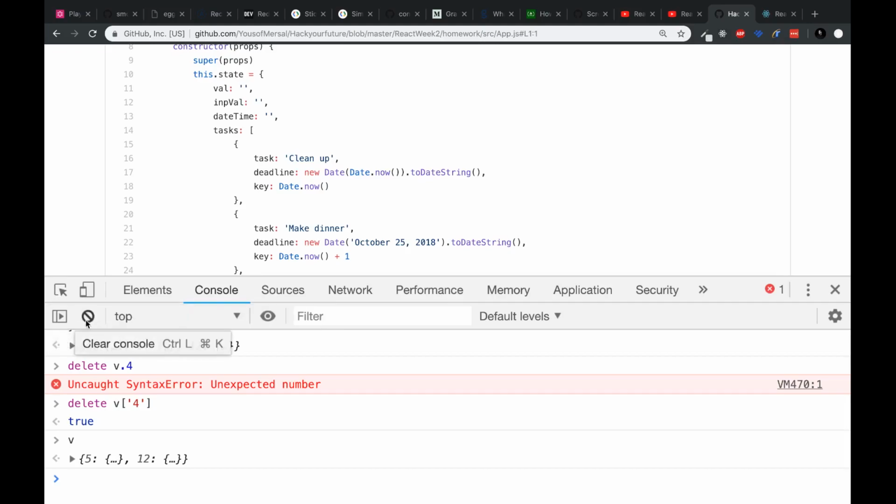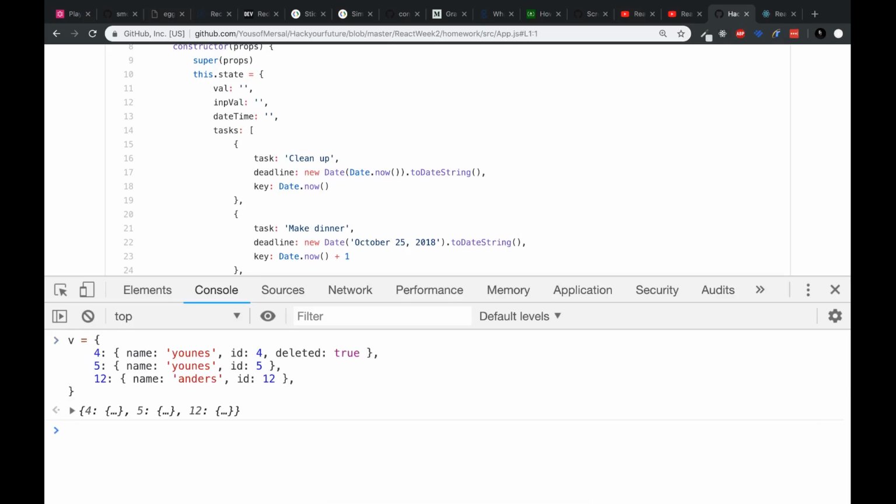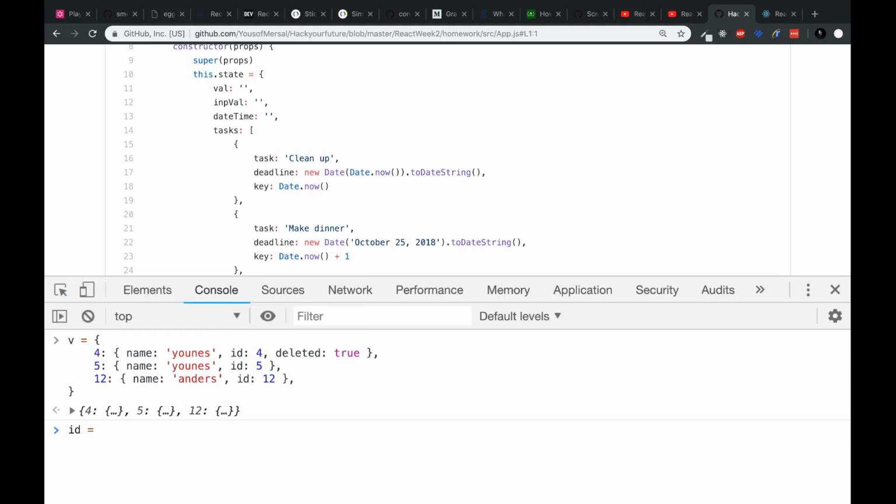Another example, let's say the to-do list. It's like a task, and you say deleted true. You want to change to deleted false. In the array, you need to filter or find the ID. Here you can just say, let's say ID equal 4. We want to make it false. So I will say v of ID